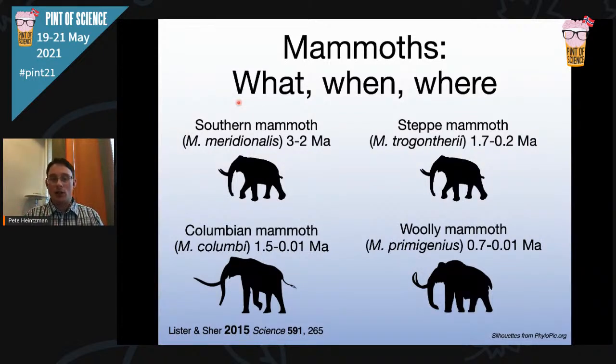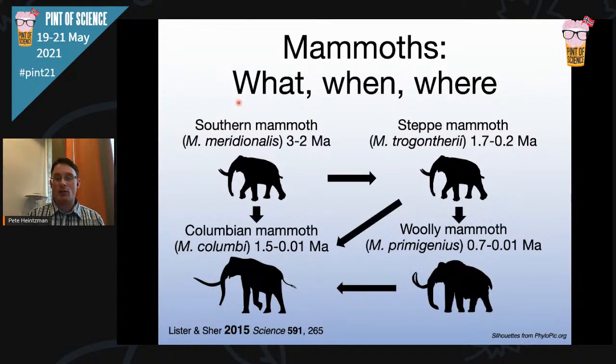And then later still, we have 2 other new mammoth taxa. We have the Columbian mammoth and the woolly mammoth. The Columbian mammoth is found exclusively in North America, whereas the woolly mammoth was found from Europe through Asia all the way to North America. Okay, so that's all very well. We've got 4 different mammoths. I've just explained how they occur chronologically, but it's been a bit of a nightmare understanding exactly how they're related. And a number of hypotheses have been put forward